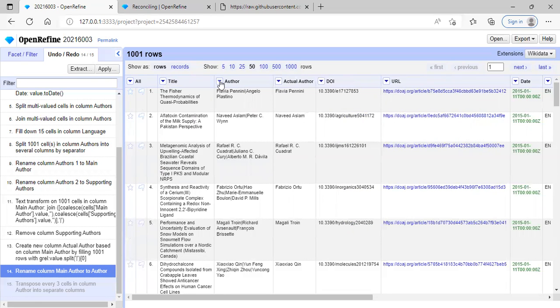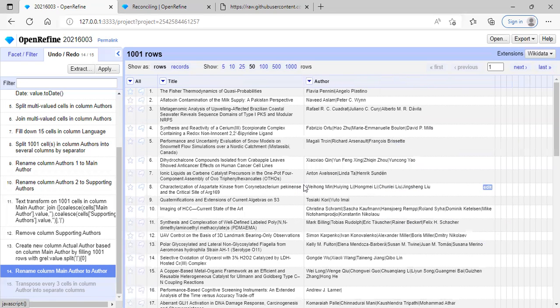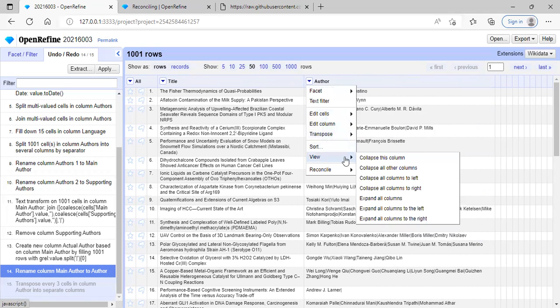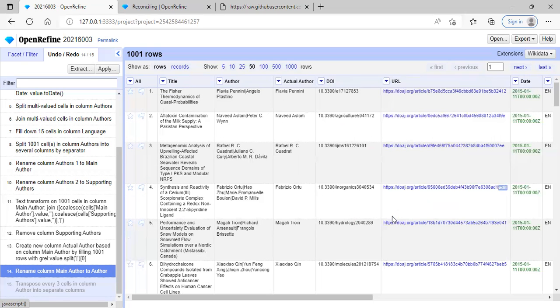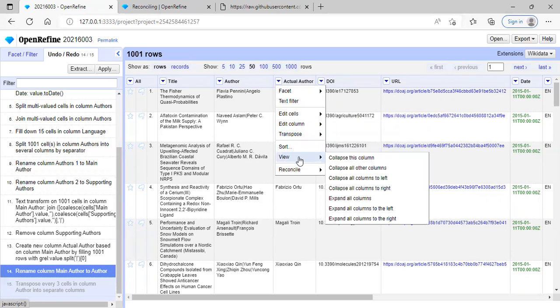Or if I want to collapse everything to the right, I can also use the view. Then I'll collapse everything to the right. So you see everything to the right of this has been collapsed. The opposite function is the expand. We can expand, or we can also expand all columns to the left or all columns to the right. Since we had collapsed to the right, we can just use the expand to the right to bring back what we had initially. So we've talked about edit cell, edit columns, transpose, view,